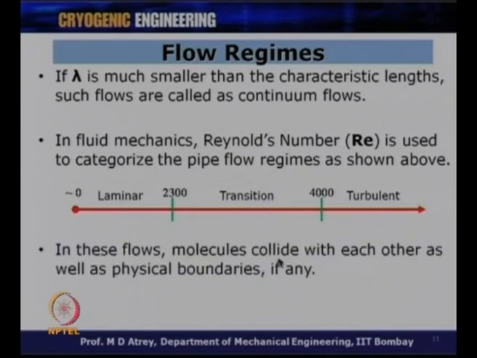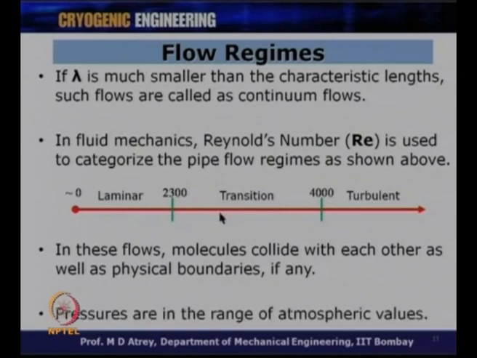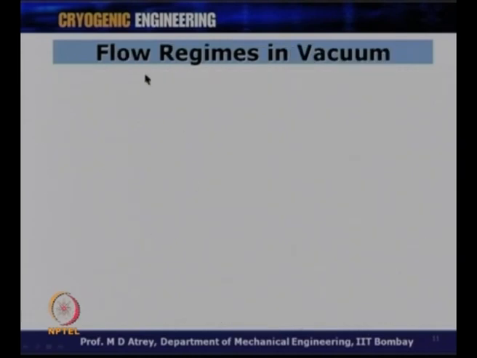In these flows, molecules collide with each other as well as with physical boundaries, if any. That means the molecules are in constant collision conditions. They are constantly colliding with each other, and they may also collide with the walls or the physical boundaries of this pipe. Now, such a thing may not exist at low pressures. Alright. So, in this case, pressures are in the range of atmospheric values,